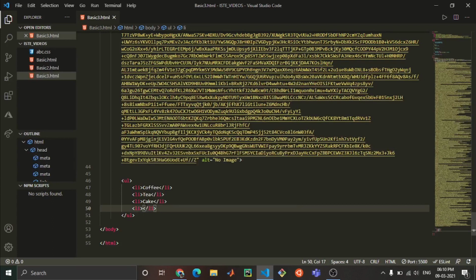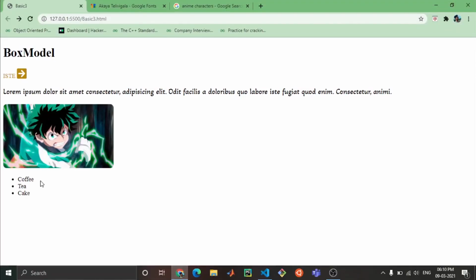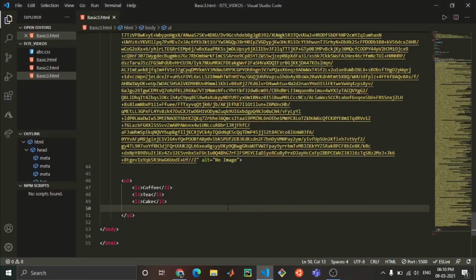Okay, 3 are fine. Now just go to your browser. You can see it is converted to black disks, or black dots, we can say, because it is unordered. Unordered list means no numbers, nothing is there.